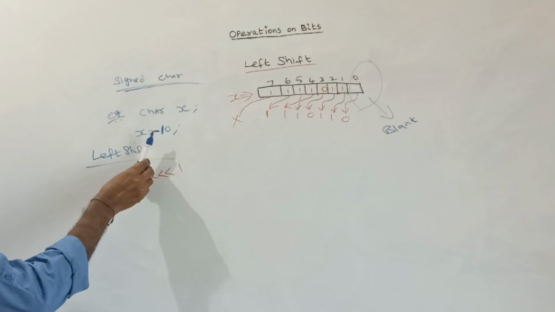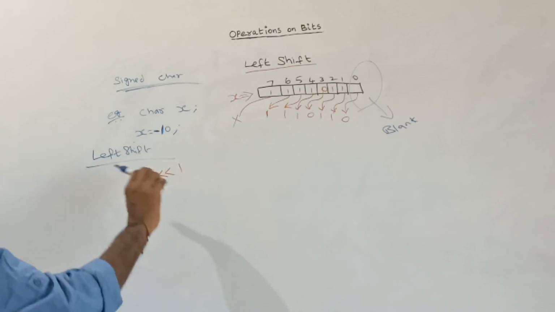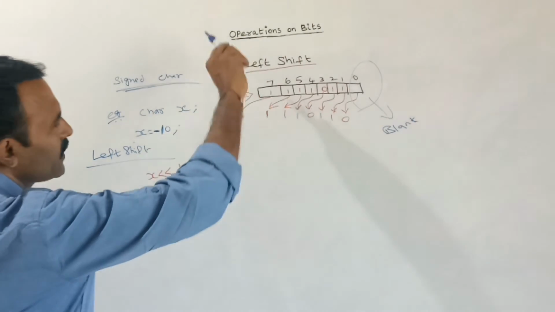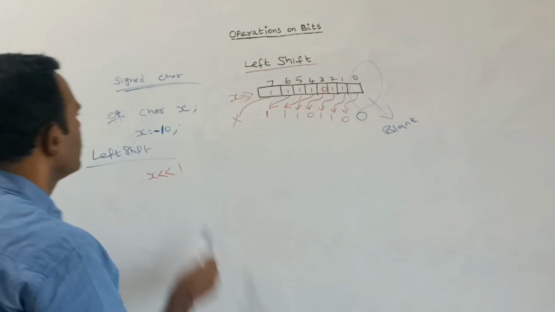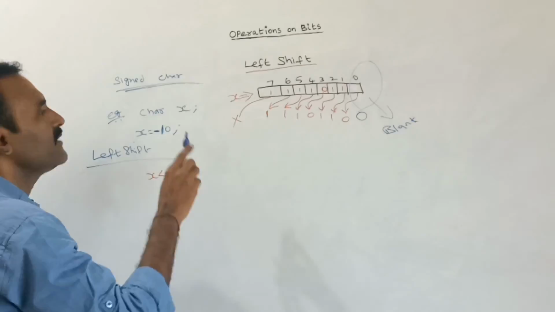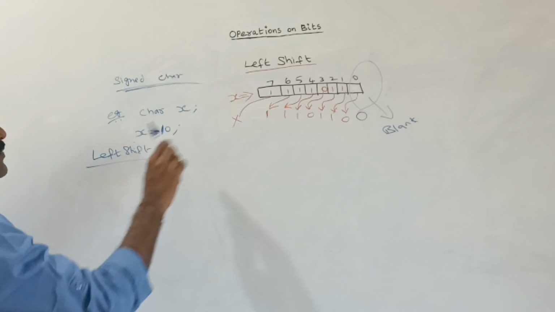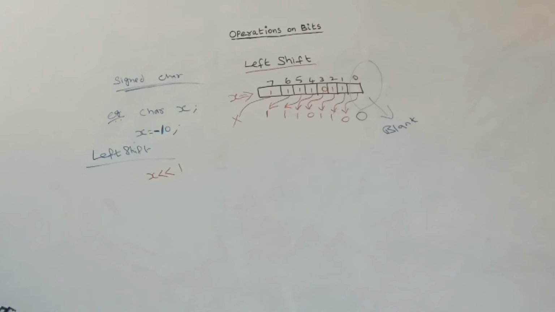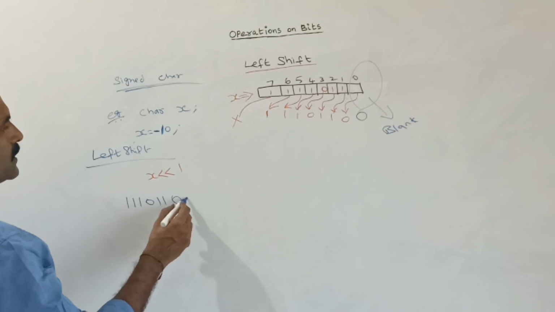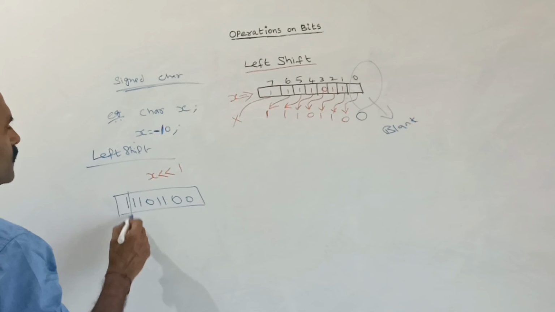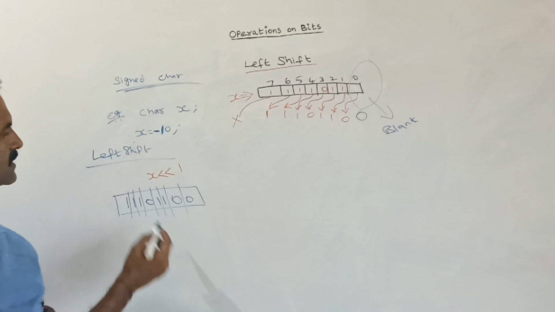Here this is a negative number. While doing the left shift operation, the blank space occurs at the right side, so here you should give the value 0 only. For a negative number, if it is a right shift, you should fill the blank space with 1. But here this is a left shift operation, so you should fill it with 0 only. So this is the answer: 1 1 1 0 1 1 0 0. Suppose you are left shifting x, minus 10, by 1, this is the result.